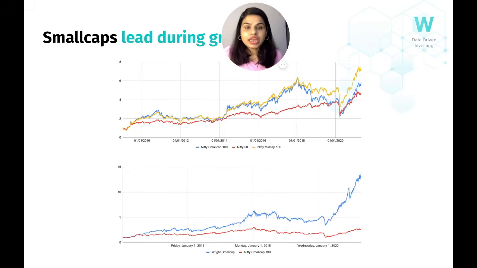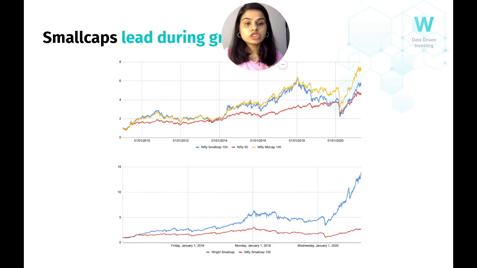Second thematic portfolio that we offer is the small cap portfolio. Small cap portfolio is again a high risk, high return portfolio suitable for somebody who is willing to take the risk of betting into smaller stocks because they believe that the markets are going to be strong, right? So if you look at this chart of the market, when the market has been in a bull phase, be it in 2010 when the markets were strong, or 13 to 18 when the markets were really strong, or over the last year when the markets have been really strong.